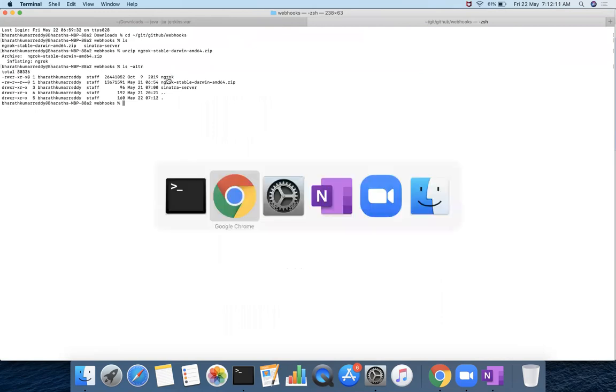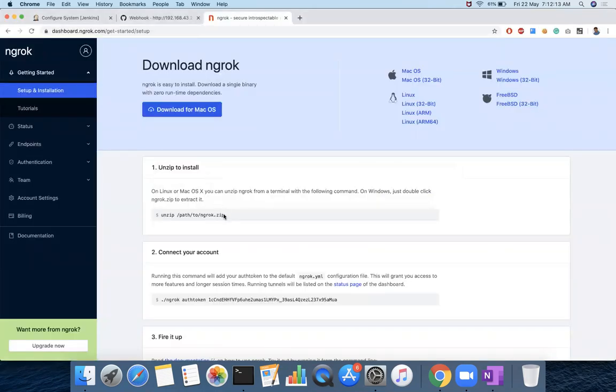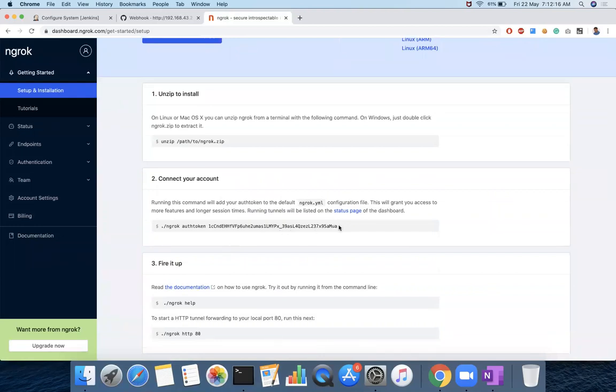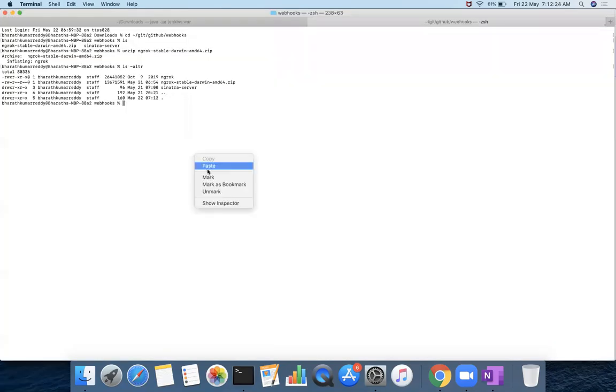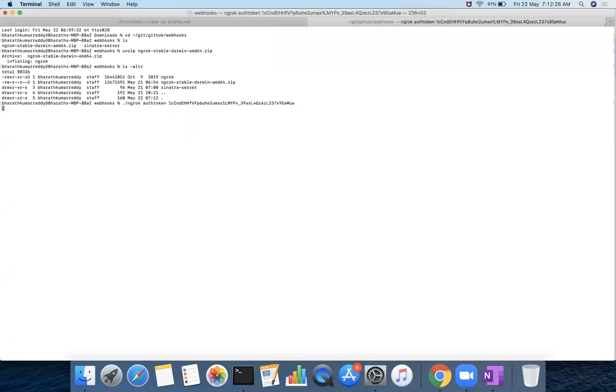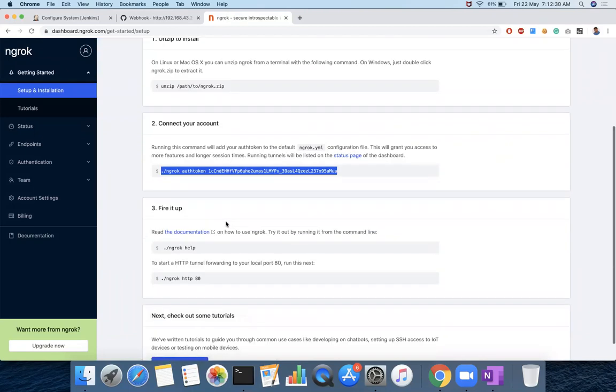Here I need to do two steps. One step is to authenticate my account using this auth token, which is unique to me. This is done. The second step is we need to map our locally running server to the public.